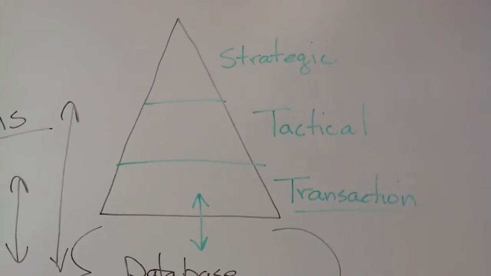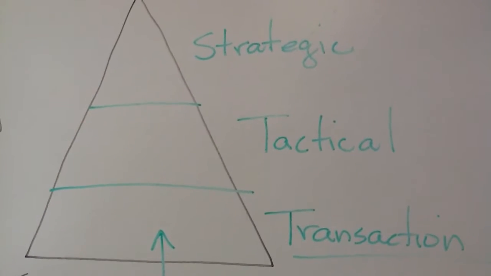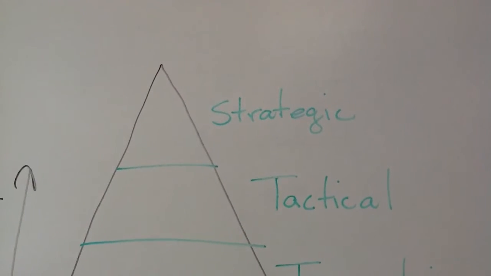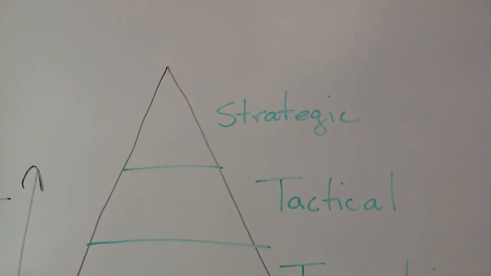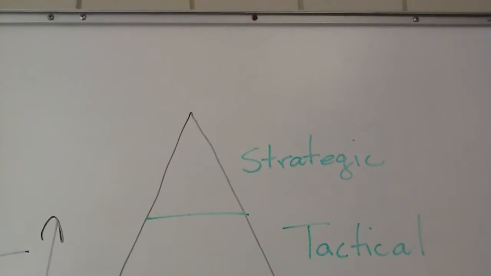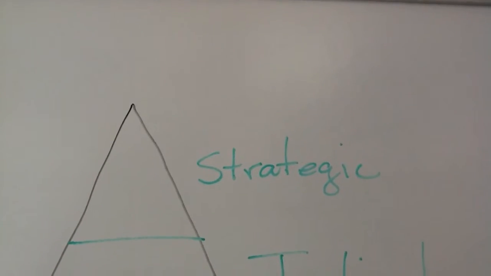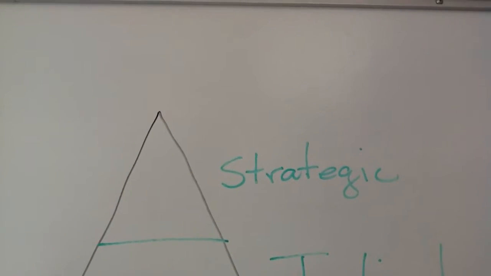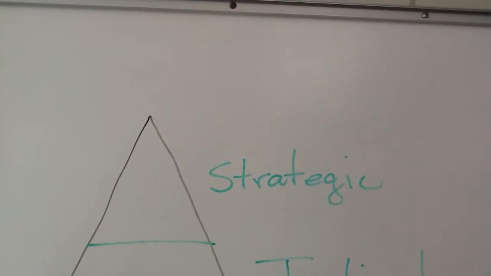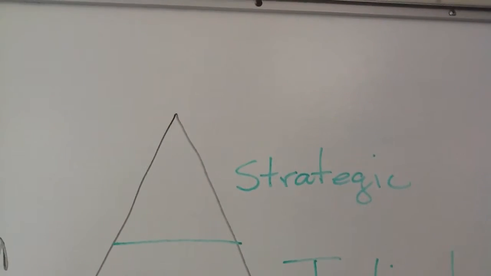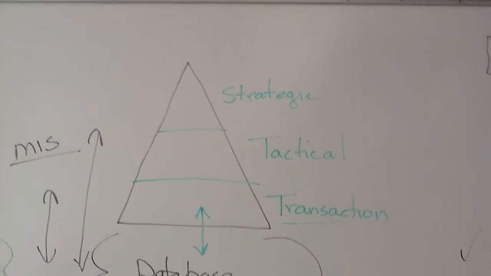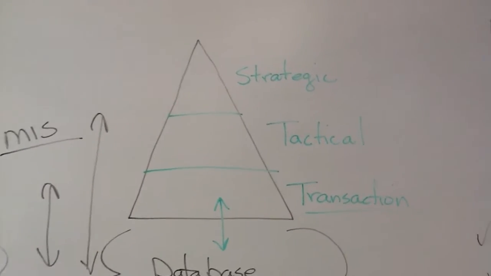The information moves through. We talk about transactional information, then we summarize it, bring it more together in order for tactical information. Tactical allows us to manage the store day in and day out, week by week, and then that information is even summarized and brought together even more specifically in order to make strategic decisions. Do we add another store or not? Do we stop carrying a certain line of products or not? Okay? And it sort of goes hand in hand.